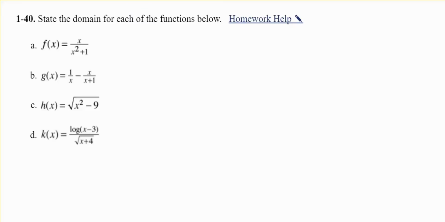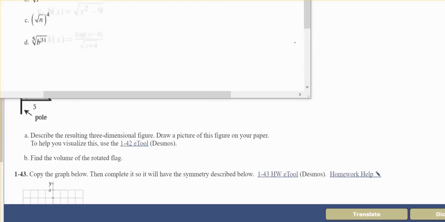All right, let's look at some domains similar to what we've been working on in class. When we have a fraction, the only thing we need to do is say that the denominator cannot be equal to 0. And in this case, when we subtract that,